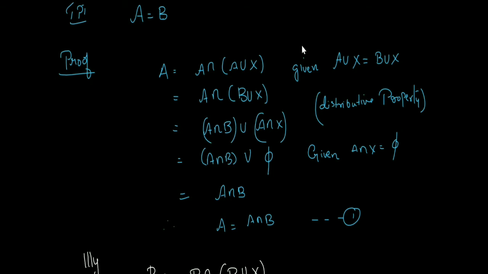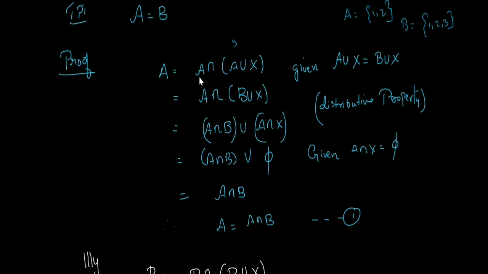Suppose we have a set A as {1, 2} and B as {1, 2, 3}. So you know that A is a subset of B. When you take the intersection, you get the subset A as the answer. You won't get the superset. If you take union, then you get B as the answer. So A intersection (A union X), the answer will be A, because A union X is the superset, A is the subset. So when you take the intersection, you get the answer A.